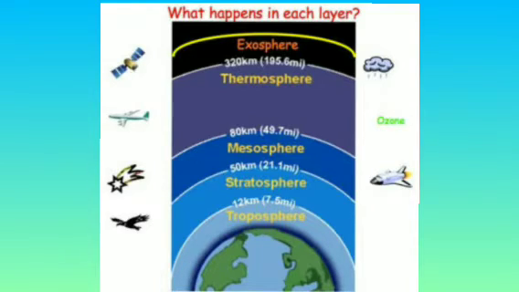It is here that the temperature rises rapidly with increasing height. Ionosphere is a part of this layer. Okay, so ionosphere is a part of this layer, and it extends from 80 to 400 km. This helps in radio transmission. Due to this layer, radio waves reach the earth, and we can hear the radio, or the radios are audible